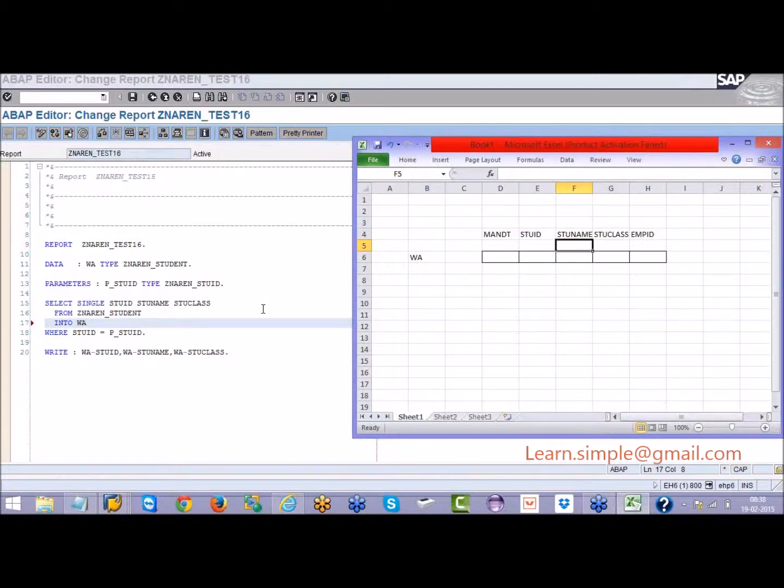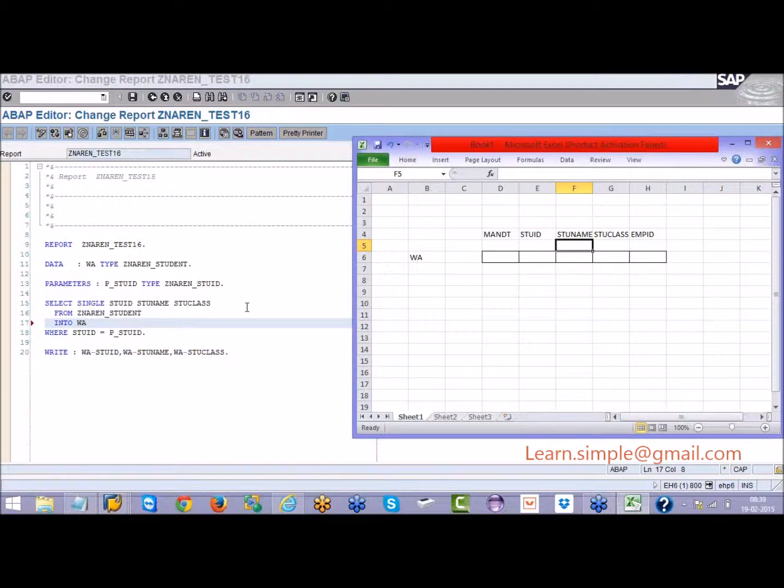It will follow the first, second, third fields until and unless you say into corresponding fields of. But this is also wasting time, because the program is trying to search where is the student ID in the work area, and where is the student name. Thus, our program execution time will be more. That means the performance of your program is less.